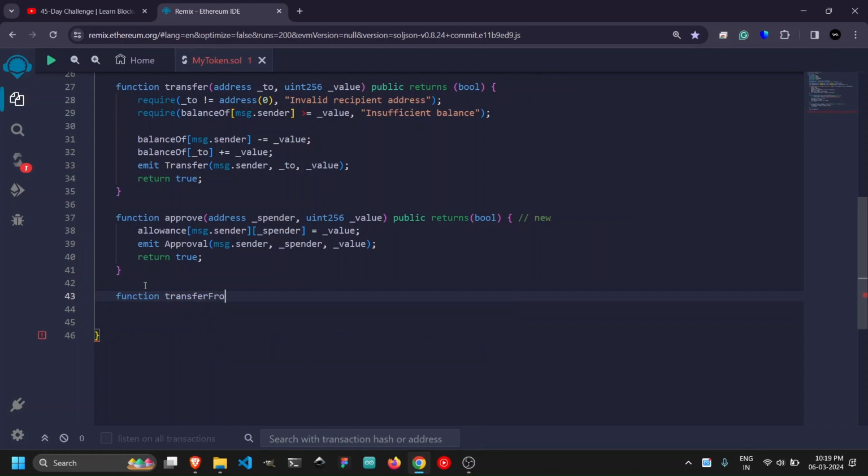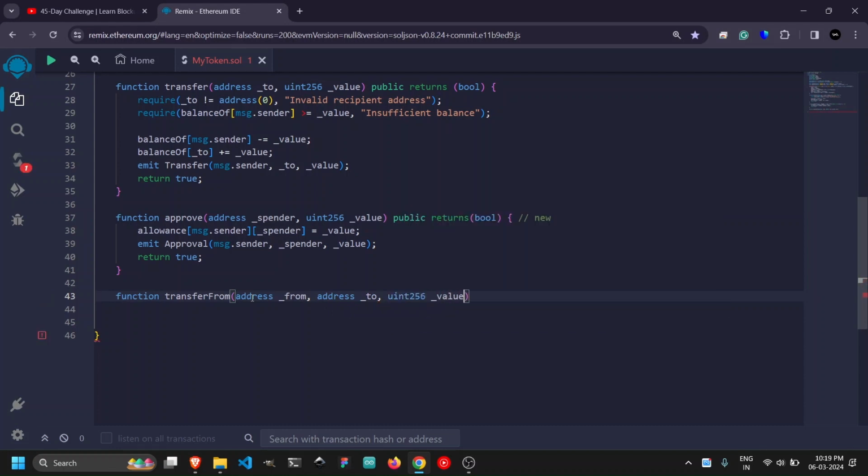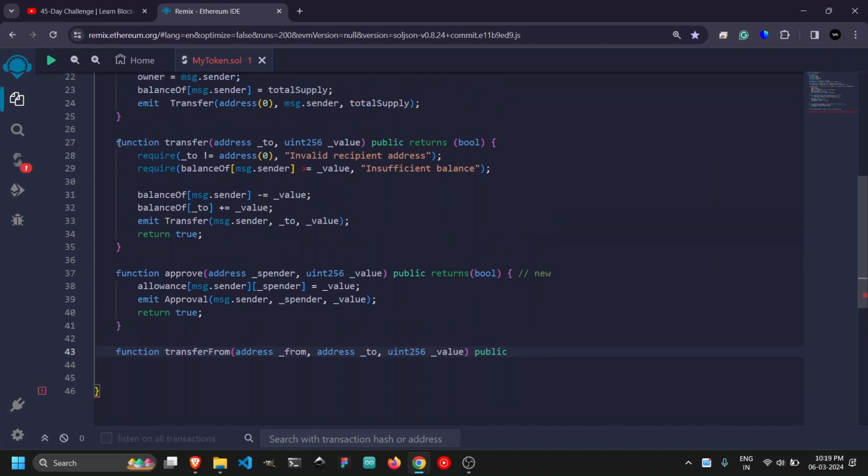as transferFrom. Transfer and From, the F should be capital, and this will take arguments like address from, the wallet you want to spend from, and to which wallet or address you want to send, and the third argument is going to be value, how much do you want to send. If you see, this is similar to the transfer function, but instead of two arguments it takes three. In that it's only to and value, and here it's also from, because you are sending from someone else's wallet,